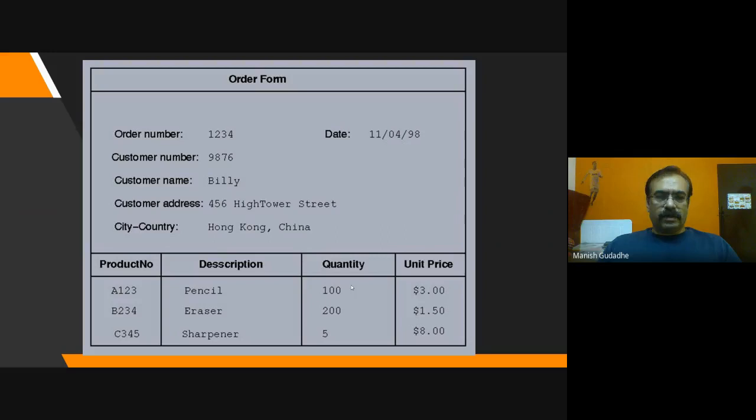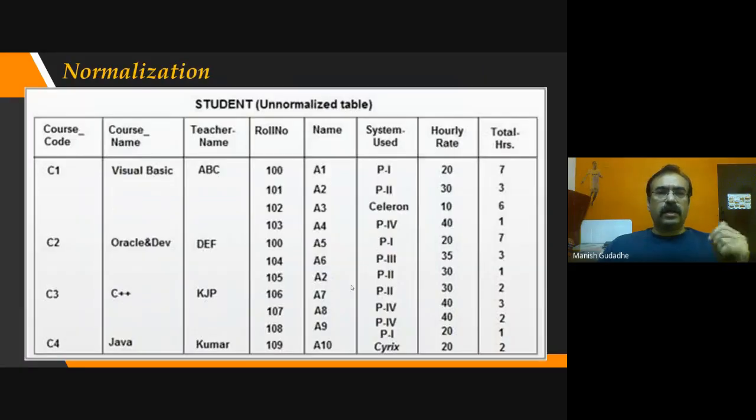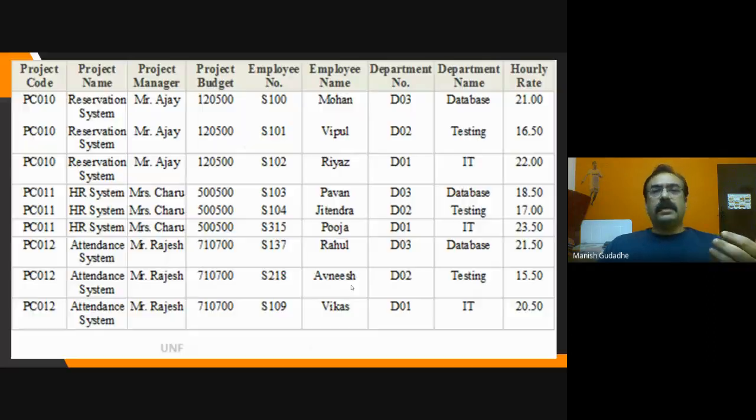So you may be getting this kind of information, or maybe this kind of table which is readable by us, but it may not be accessible or readable by the computer, or maybe you get this kind of information where a large amount of data is getting repeated, or redundancy of data exists in this particular table. So these kinds of tables may be available with us, and we need to reformulate all these tables and bring them into a normal form which will be easy for us to understand and access. That's the whole process of normalization.